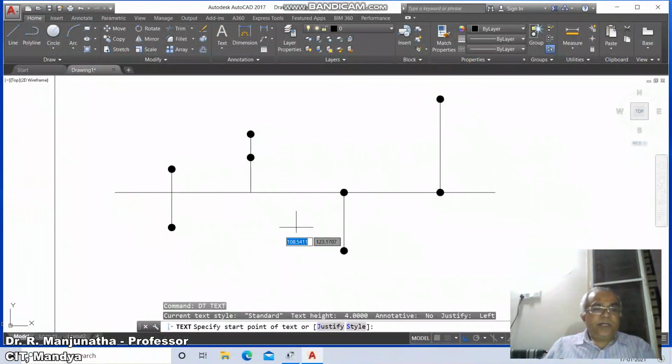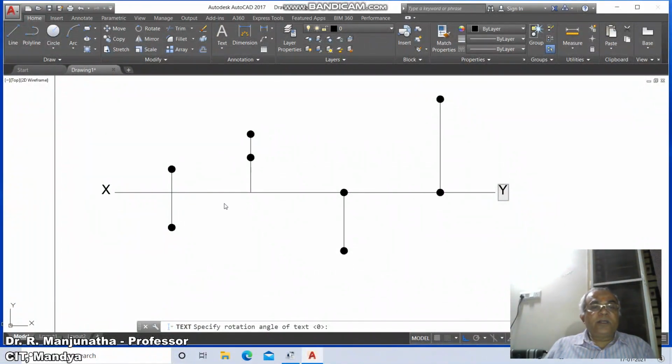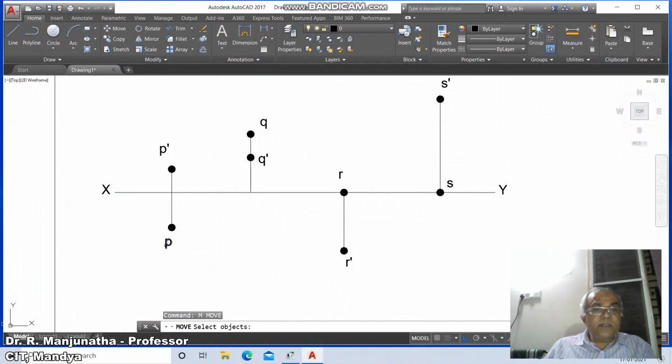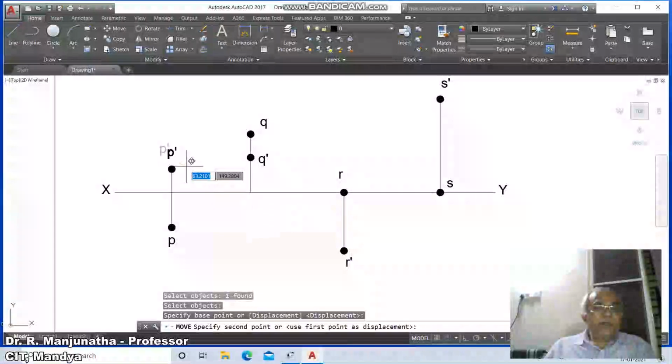Okay, now go to the text and mark this point as X and this point as Y. Similarly put the caps lock off and mark this point as P dash and this point as P, and then come down to Q dash and this is Q, and similarly this is R and this is R dash, and here this is S dash and this is S. Okay, now we'll go to move command, put the ortho off, select this and keep it here.